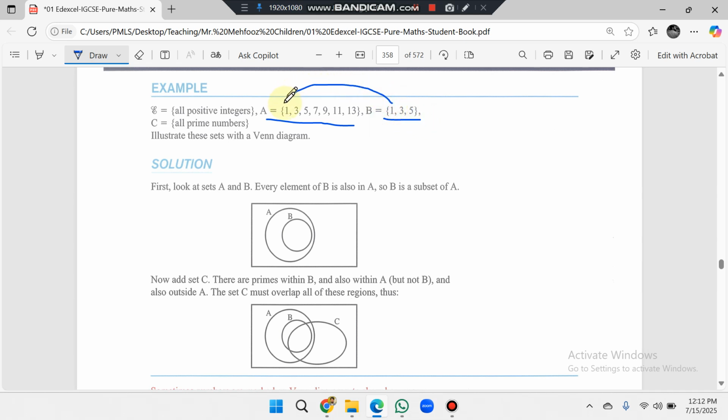Set B is completely contained in set A. You can see in this figure. So it means that B is a smaller set that is inside set A, right? So this is called B is a subset of set A. First look at set A and B. Every element of B is also in A, so B is a subset of